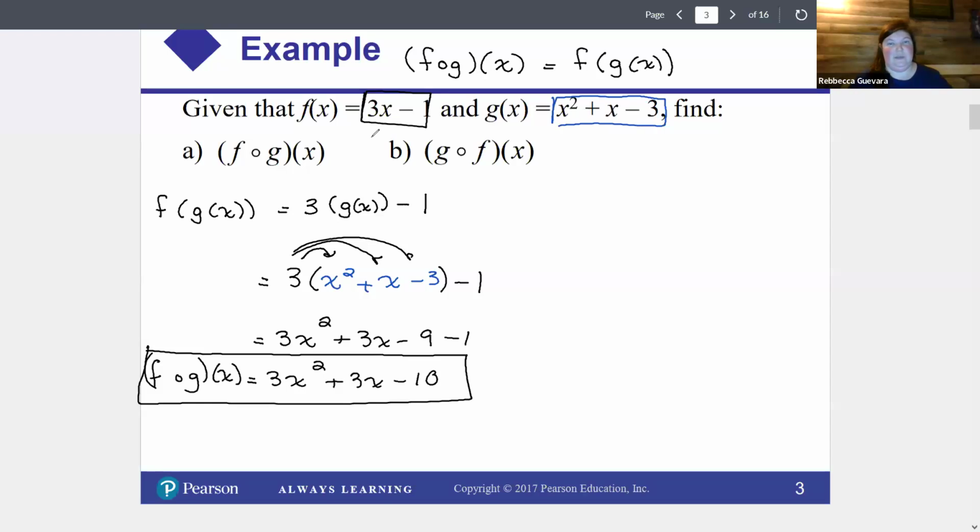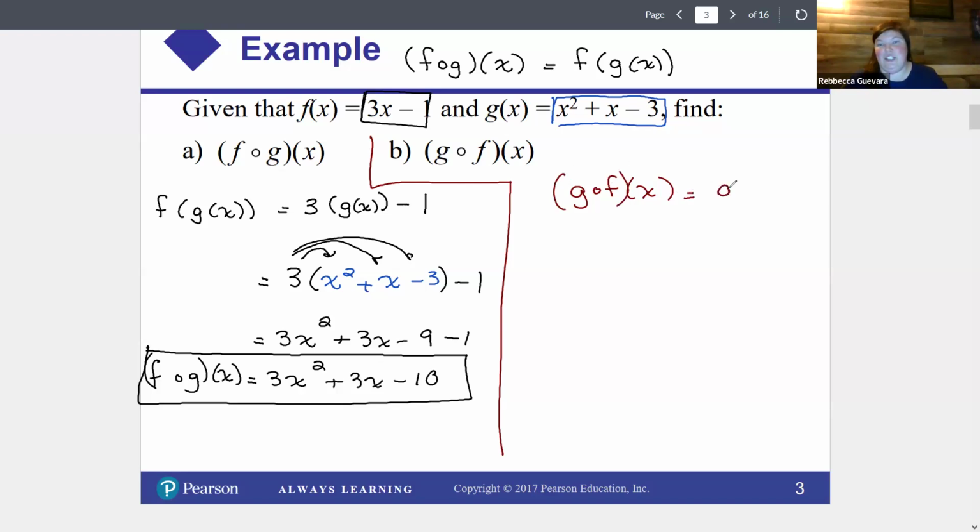Okay. We're going to put b over here. So b is g composed with f. So if I put f composed with g, that means g goes inside of f. If I have g composed with f,